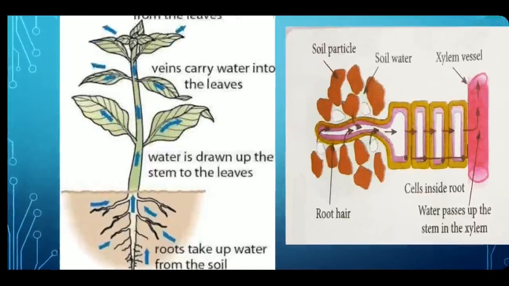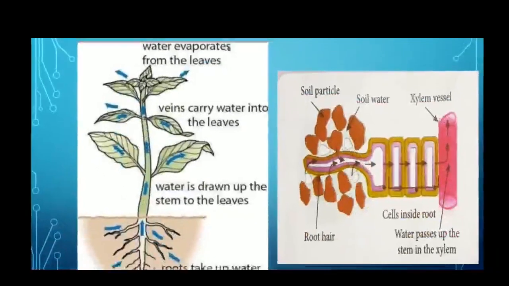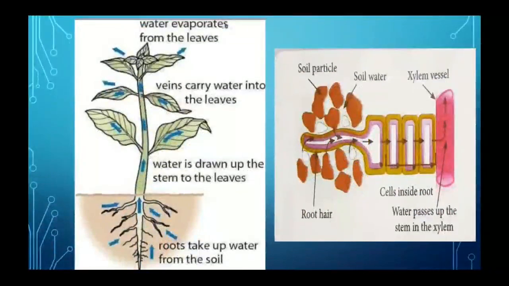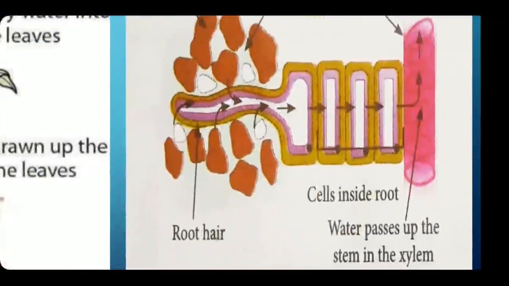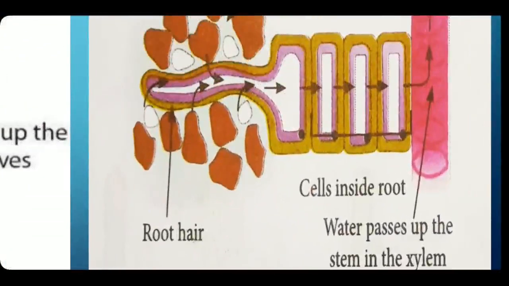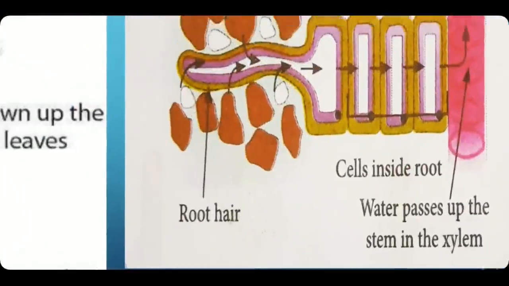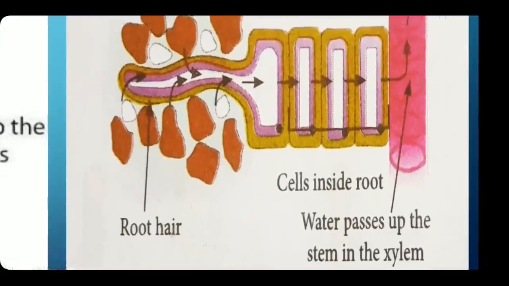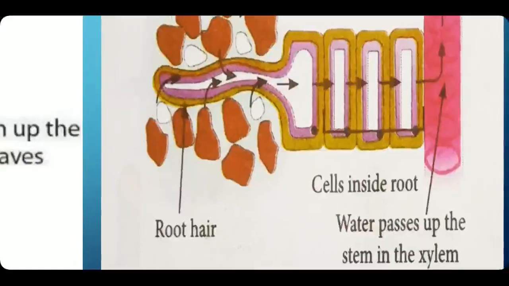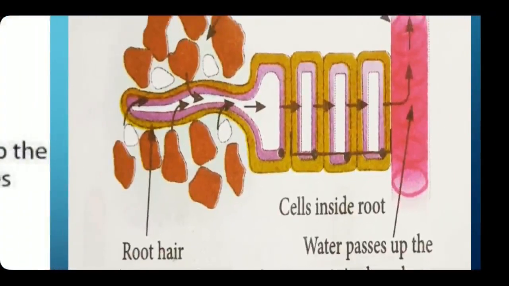Here in this picture you can see roots take up water from the soil, and then it reaches other cells. Here in this picture it is more clear. In the root there is more concentration of water as compared to the nearby cells, and then the nearby cells, by osmosis through the semi-permeable membrane, pass it to other nearby or subsidiary cells, and this is how water reaches other parts of the plant.